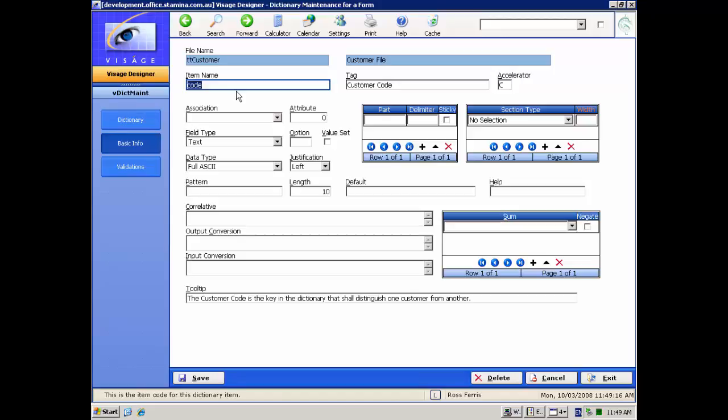If you are pointing at a pre-existing file that Visage knows nothing about, you can say I want to create a new dictionary item and put that pre-existing dictionary item name in for the item code here. We will read the pre-existing dictionary and change the name for you. The rule we use is a thing called camelback